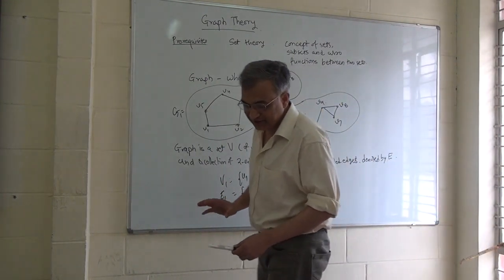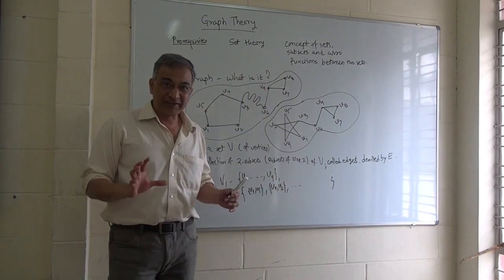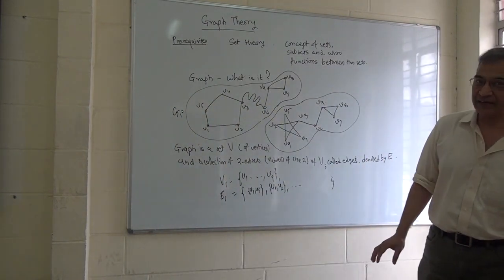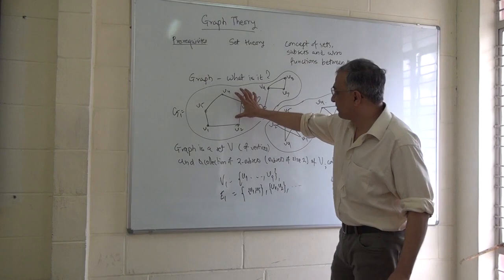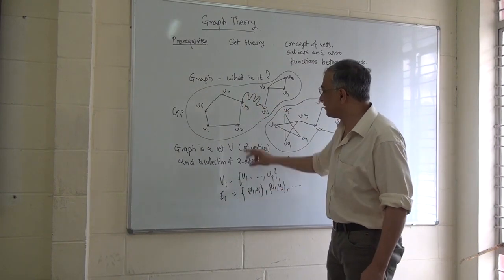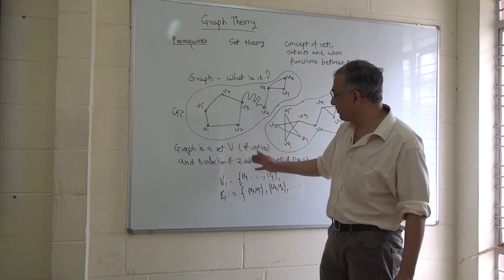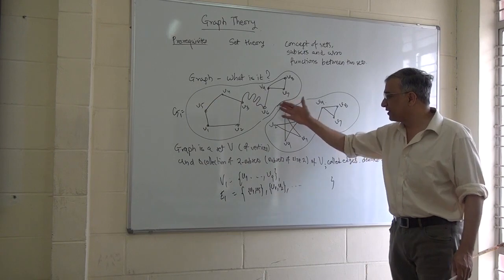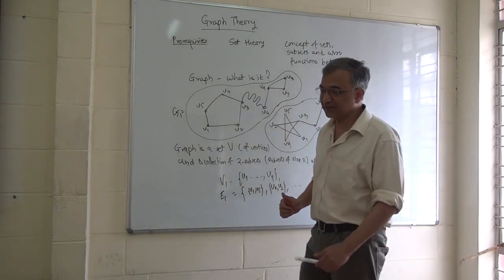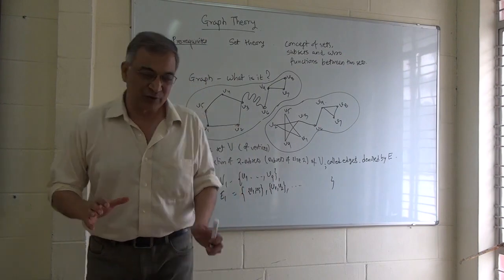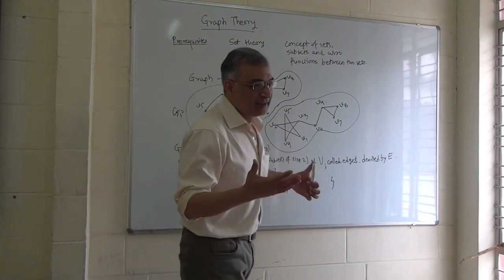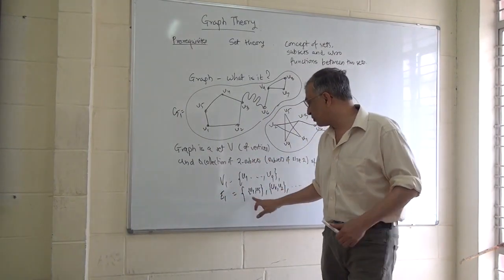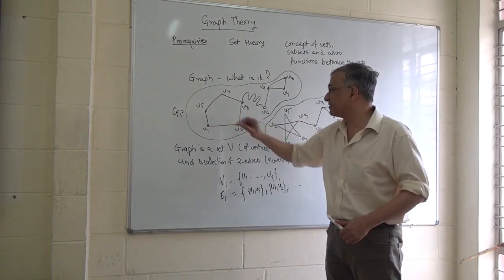So this is the first mathematical concept that I wanted to point out here, that a graph is not just a drawing. A drawing is a model of this collection. This particular thing has been pictorially drawn here, but the same collection can be pictorially drawn in another way also. So these are different models of the same graph. This is the first concept that you should get used to. It's not just what it looks like, but the underlying structure behind it, that is the set V and the collection of 2-subsets of size 2, which are the endpoints.